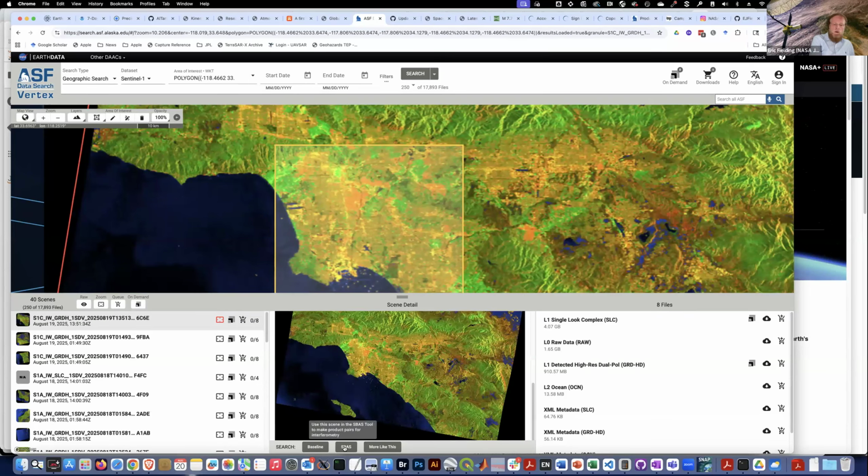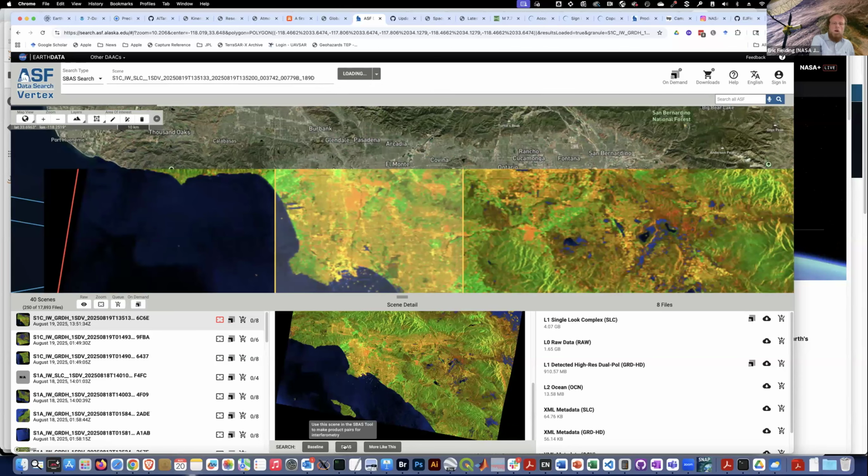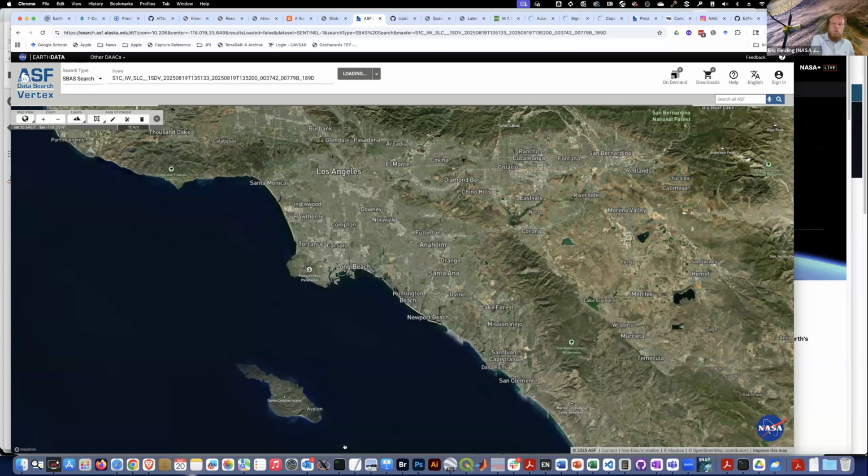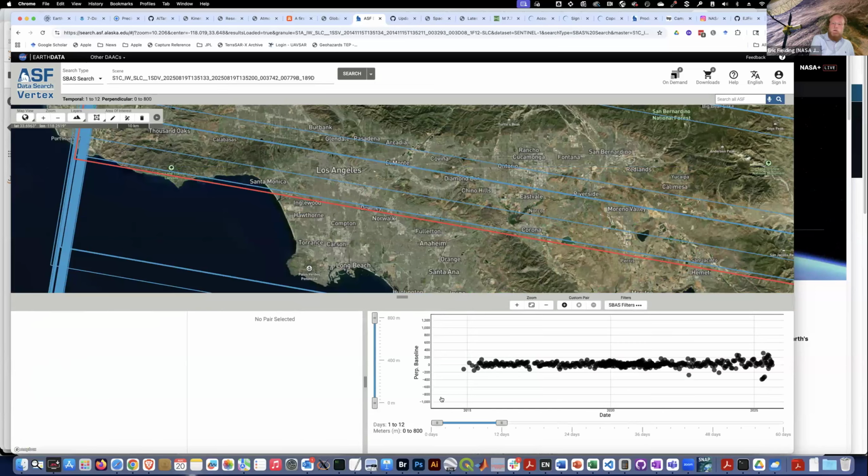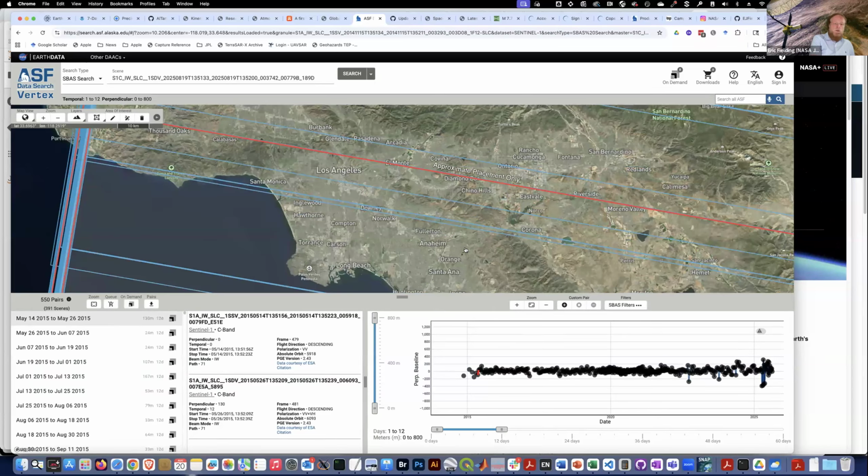And you can press this button called SBAS. SBAS is small baseline subset analysis, and this is just a tool to see the distribution of perpendicular baselines that are available for this particular